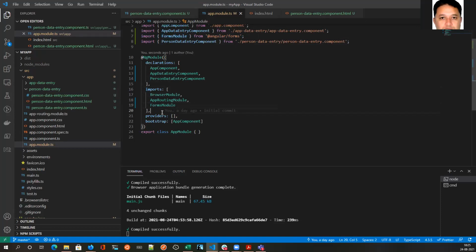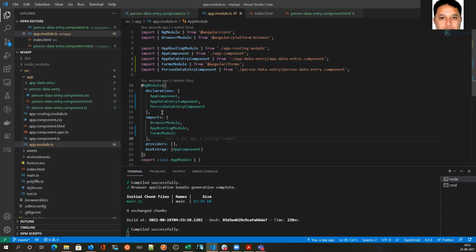Chintan, what is the difference between the two imports, the top one and the one you are showing? On the top there is an import, and in the middle also there is an imports, inside the module. So this import is a very standard import used in ECMAScript.